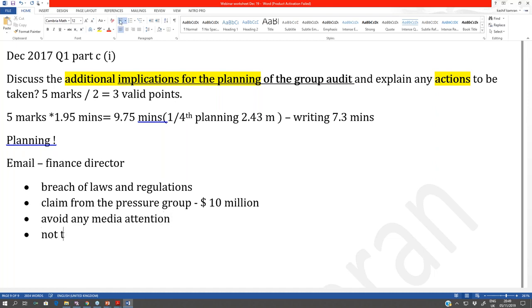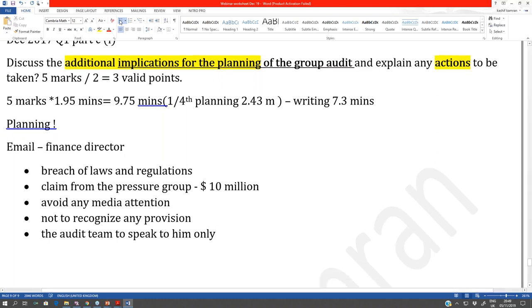He wants not to recognize any liability, any provision. And lastly, he wants the audit team to speak to him only. A lot of problems, right? Just to write 3 valid points, what's the implication on the planning? I think the first implication for planning, if you need to write in a bullet answer here, the first implication for the planning in this case is